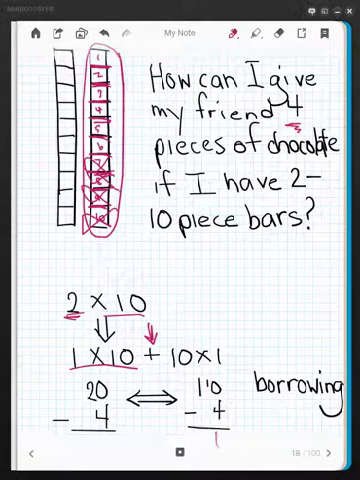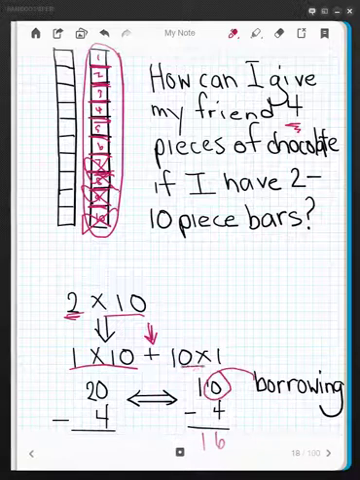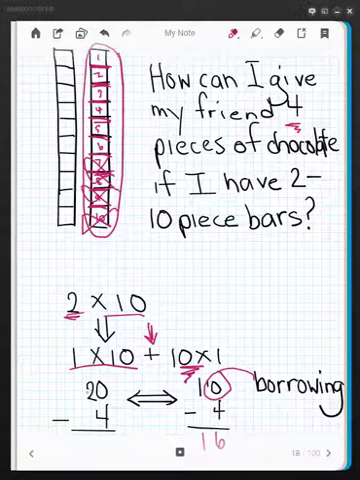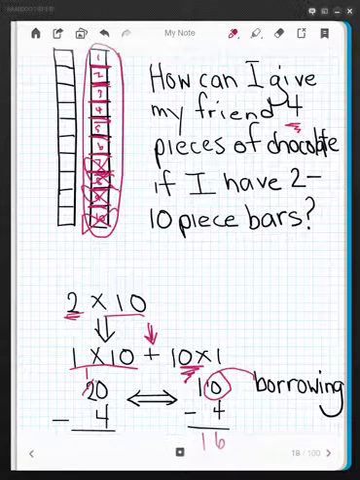So 10 minus 4 giving me 6, and 1 minus 0 giving me 1. And what I did right there, this idea of regrouping, that is the idea of borrowing. And when we do it shorthand, what it looks like is we say, okay, from this 2, I'm going to take away 1, so now I have 1,